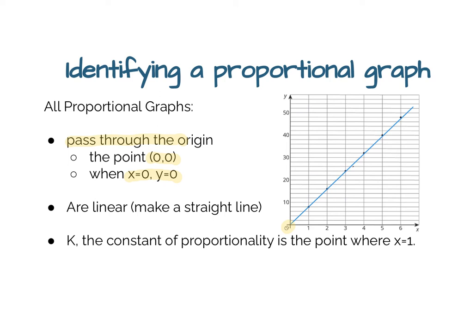Second, if the graph is proportional, it will be linear, meaning it will make a straight line. No curves, only a straight line. So you can see right here, this is a straight line, and therefore that is one piece of it being proportional. The third interesting takeaway from all proportional graphs is that k, that constant in proportionality, is going to be